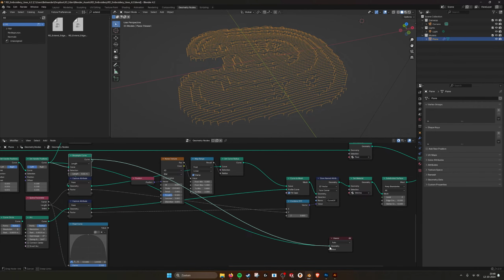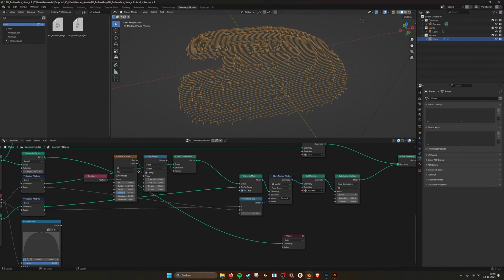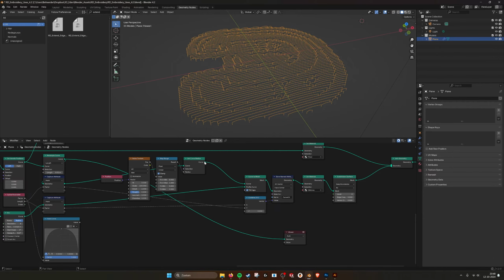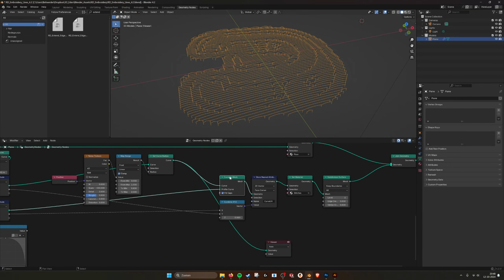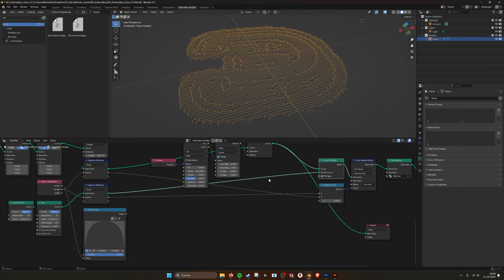If we go into here, you can see, well, you can't really see that it's resampled, but I resample it by the length of 0.01 meters. And then here I use a little noise to set the curve radius. There's no radius yet. You see that when you make the curve into a mesh. And here I'm using an arc. And I'm using an arc because the arc is open. I use 360, so it's a circle, but a circle with an opening, so